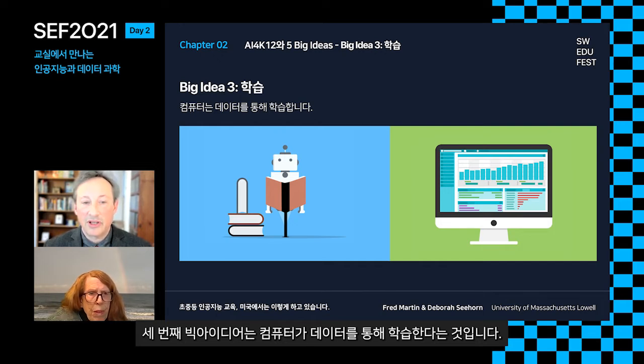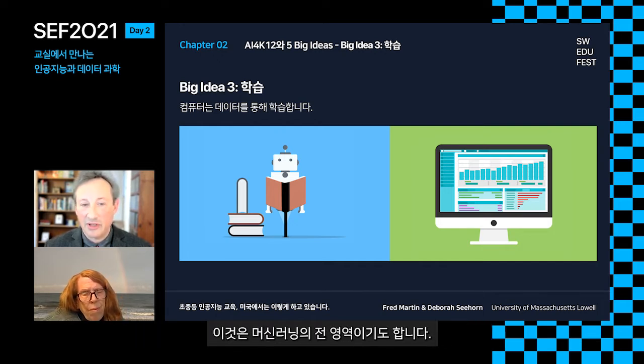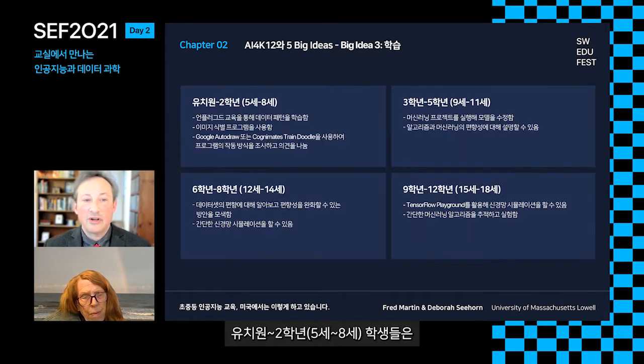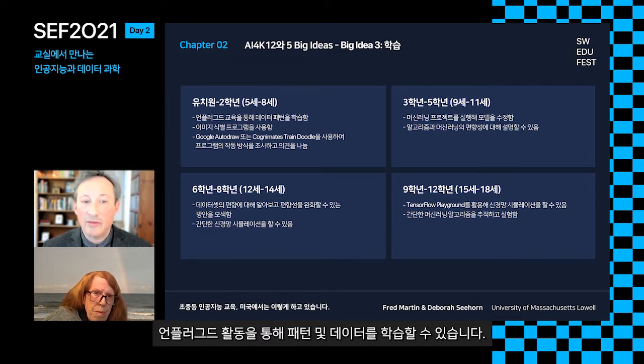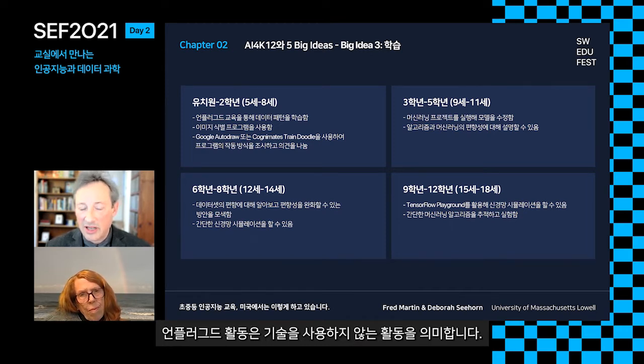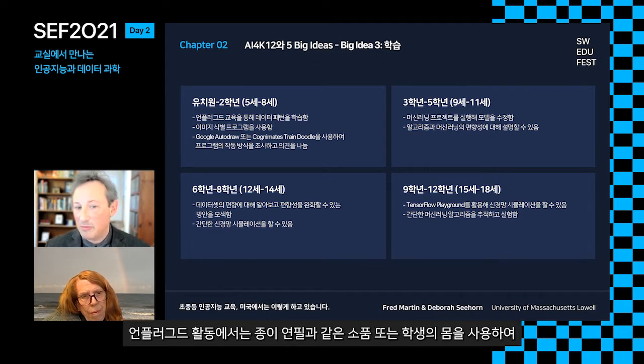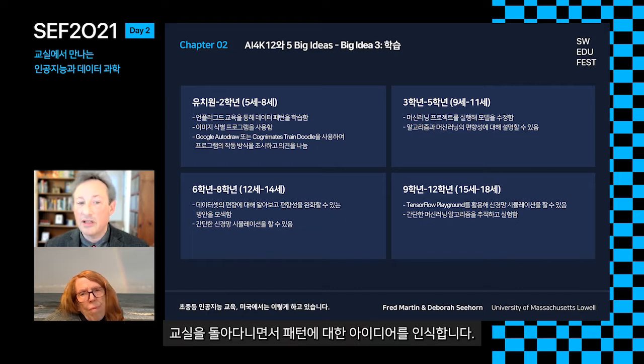that computers can learn from data. So this is also the whole realm of machine learning. So at the primary level, grades K through 2, students can learn from patterns in data with unplugged activities. An unplugged activity is an activity that doesn't use technology. It just uses perhaps paper and pencil or students' own bodies to move around the classroom, and recognizing this idea